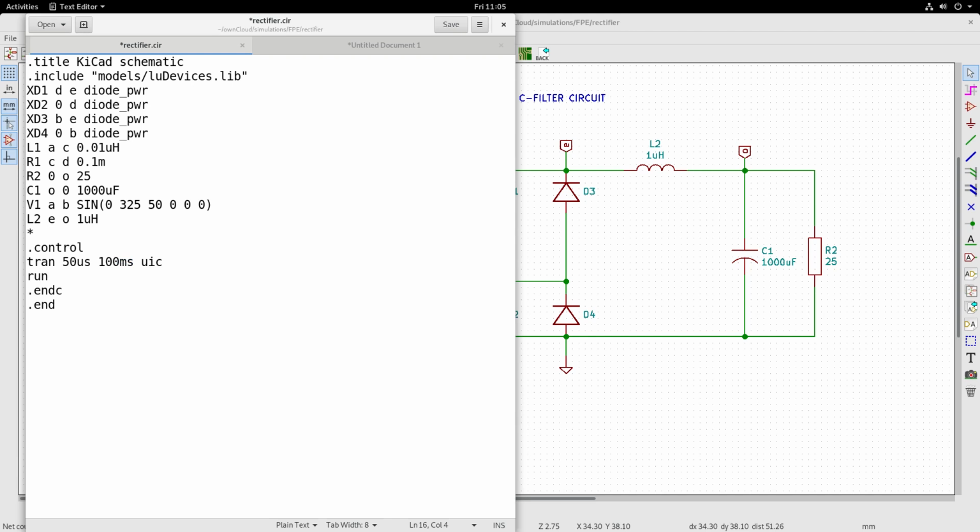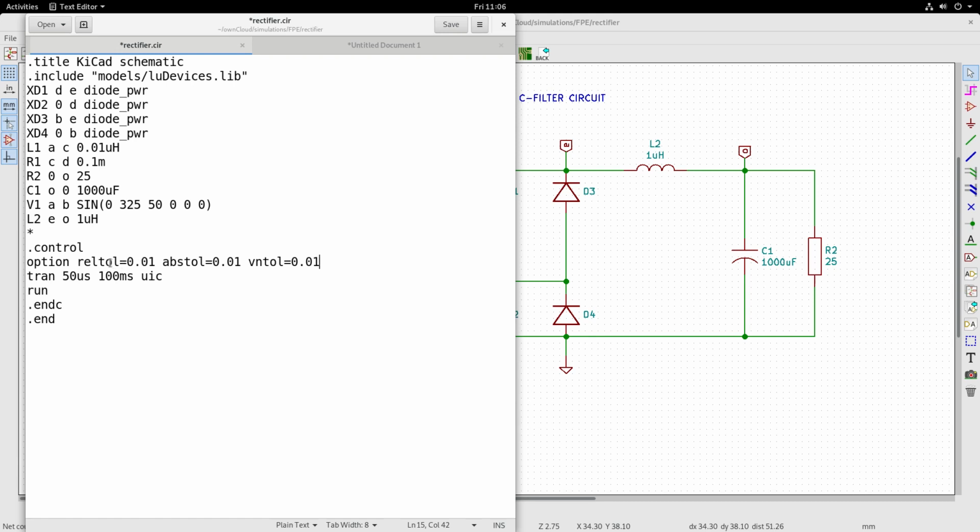So this would actually run the simulation. But before that, let us include a few more statements, and let me show you that. Before the transient analysis statement, I am going to include an option statement. It gives the relative tolerance.